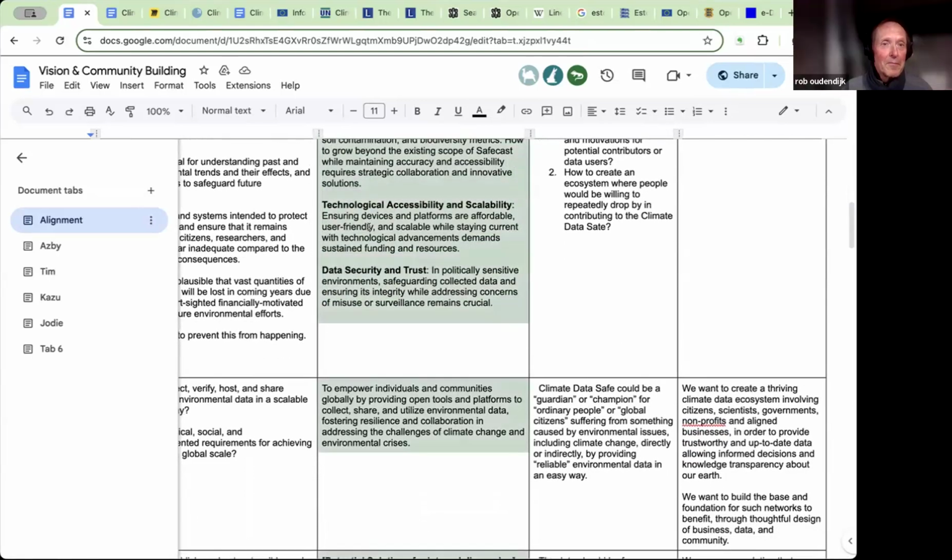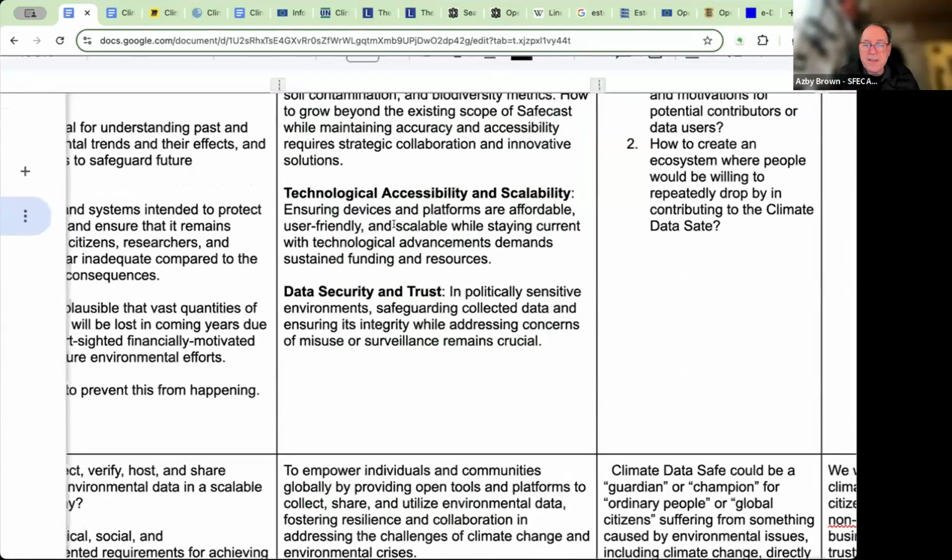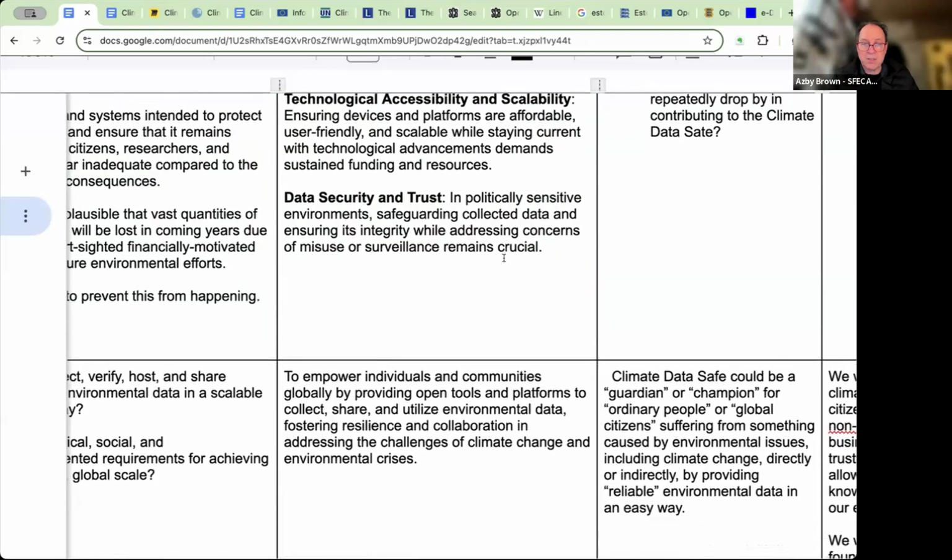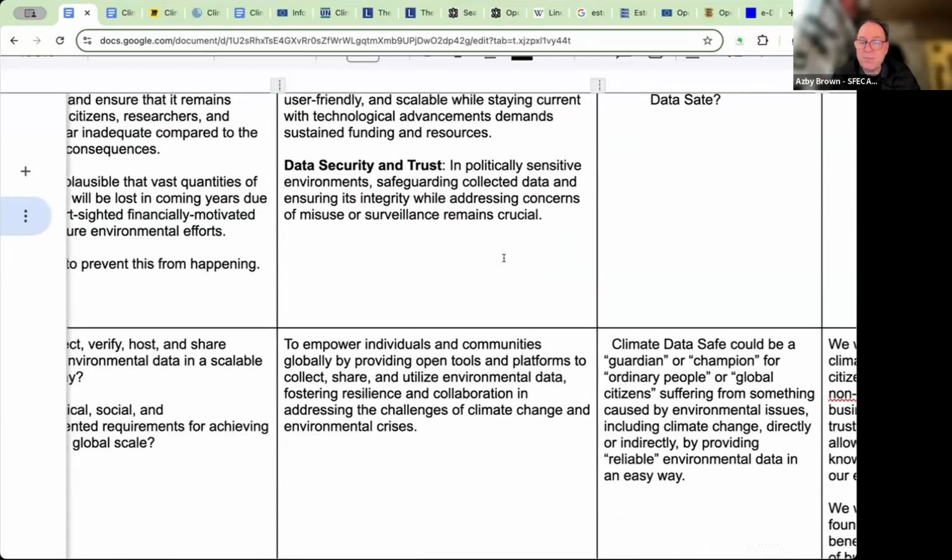Technological accessibility and scalability. I'm going to maybe make this bigger. Ensuring devices and platforms are affordable, user-friendly, and scalable while staying current with technological advancements demands sustained funding and resources. Data security and trust in politically sensitive environments: safeguarding collected data and ensuring its integrity while addressing concerns of misuse